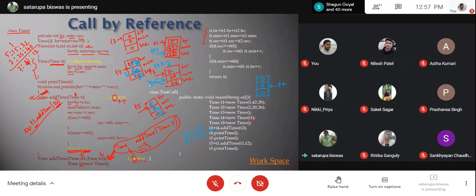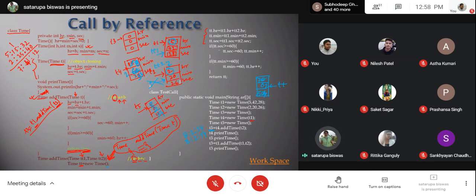Then you call tt.hour equal to tt1.hour plus tt2.hour. So in tt1.hour you have this 5. In tt2.hour you have this 2. So 5 and 2 will be added, that is 7, and that 7 will come over here. On the second line, the minutes are being added, so 62 will come over here. On the third line, 26 plus 28, 54 will come in TT.